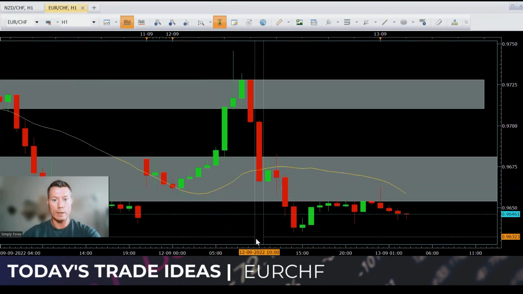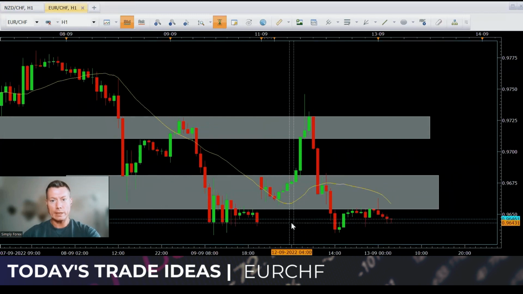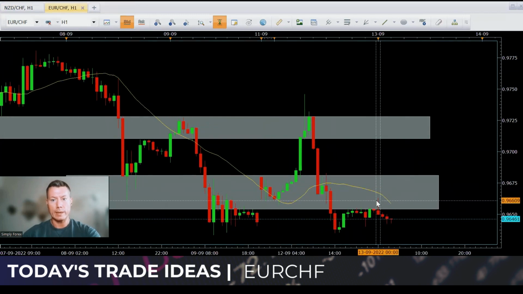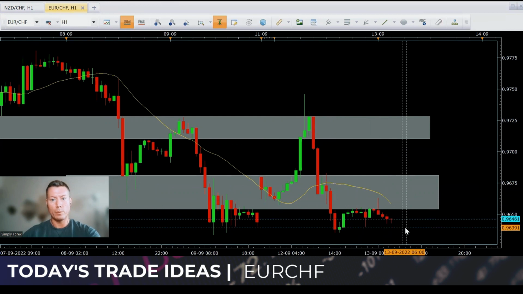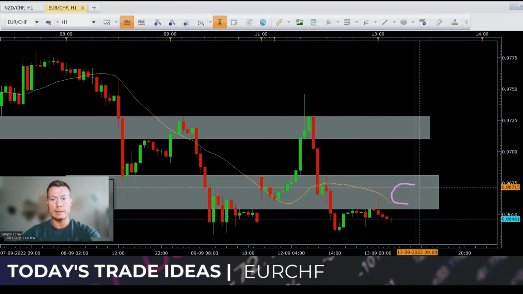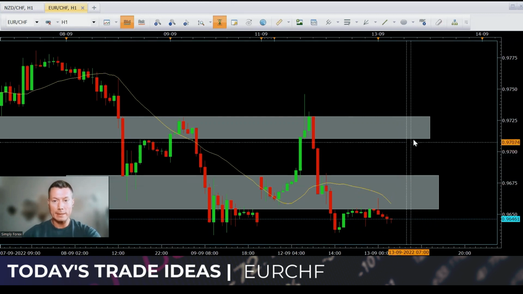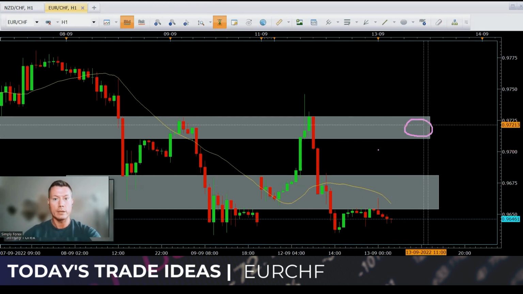And then if we look on the H1, I slightly adjusted the lower grey zone just to take into account this last high. But what we want to see, guys, is price retrace into this grey zone. We want to see a bearish candlestick pattern form. We can then enter the trade, take price back down to these last H1 lows. If we get a risk to reward of at least 1:1, we can then close 80% and then leave 20% to run. I don't expect it to, but price could come back up to this grey zone,